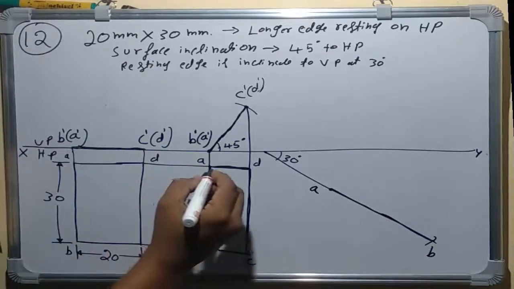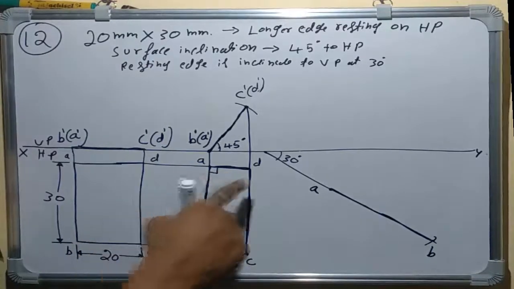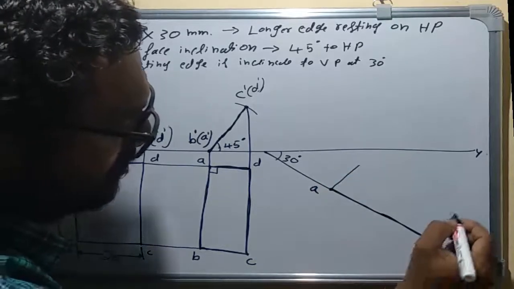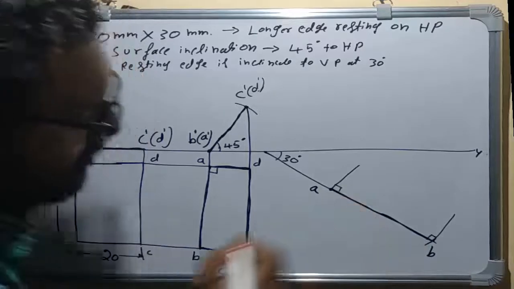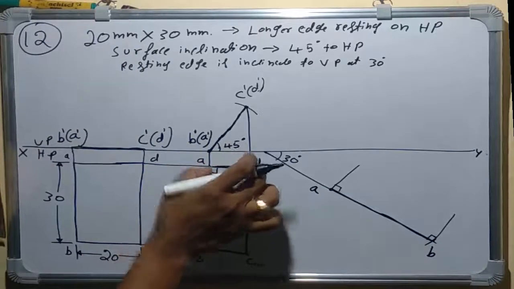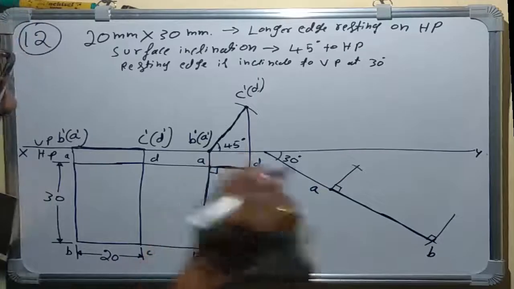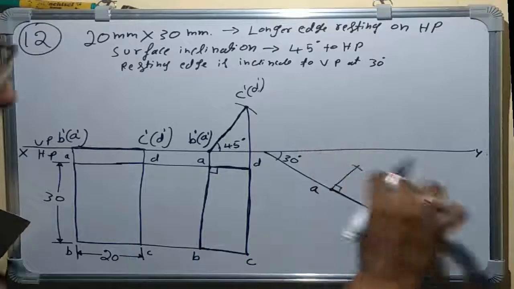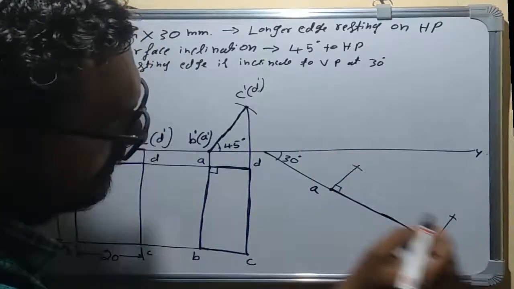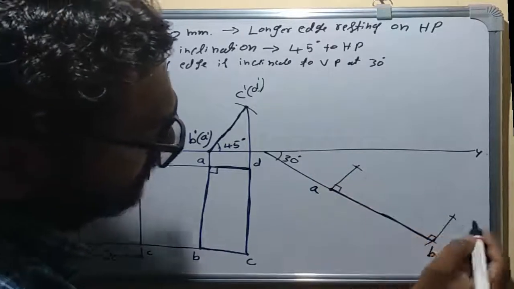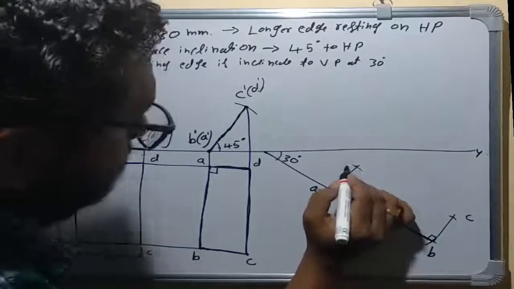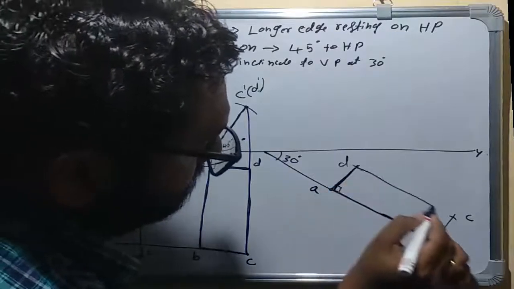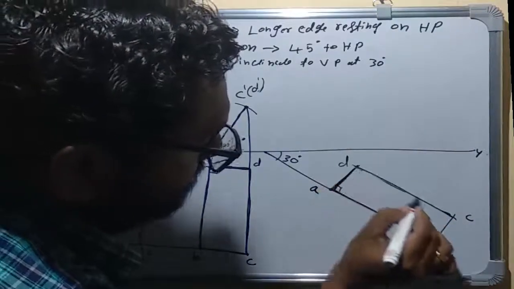After that, we know that this angle is 90 degrees. So from A we draw the perpendicular line, and from B also draw the perpendicular. This angle should be 90 degrees. Draw the perpendicular lines and measure A to D and draw the arc, taking A as the center. The same distance B to C will come, so measure the same and draw the arc from B. Then this point will be C and this one will be D, and then join all these corners with visible lines.